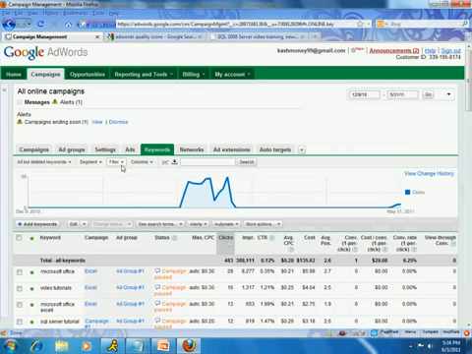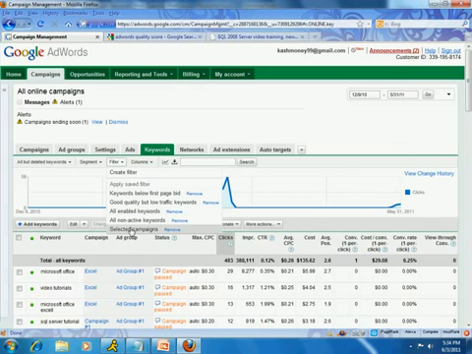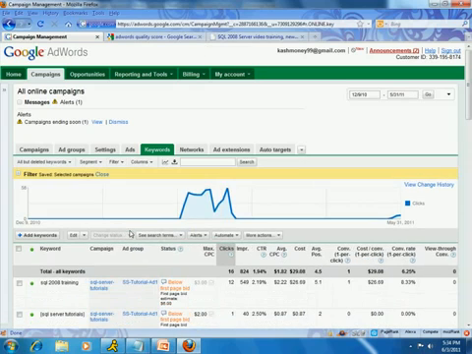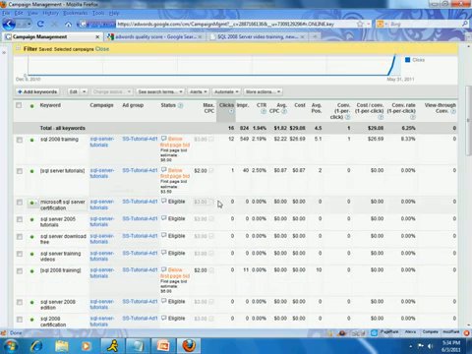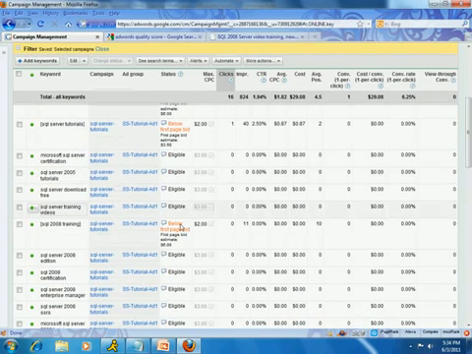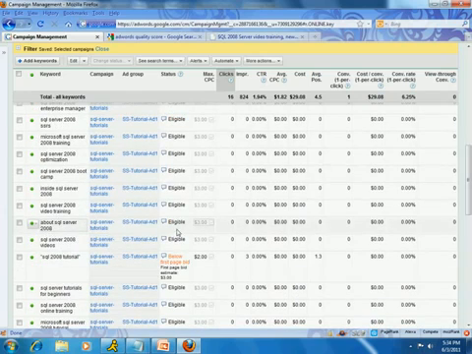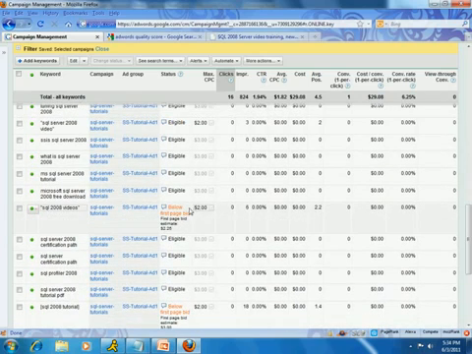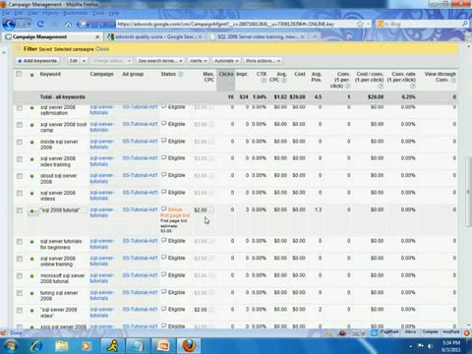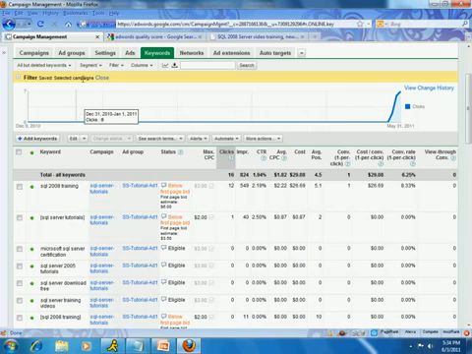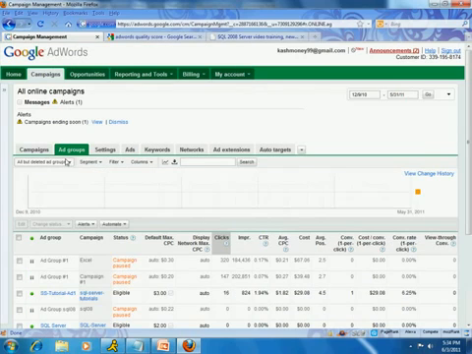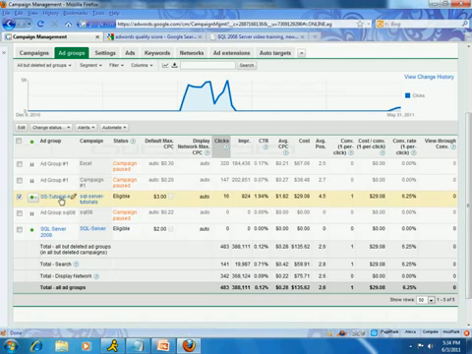In fact, every time I think I do something, it takes me back to my default view. Maybe I need to essentially make this my default, but anyway, so now you'll notice that most of our bids are showing. Some of the higher estimate bids, this one is costing $6, are not showing up. We can leave those alone, which is fine. Somehow it did not change all of these to 3. So let me go back to my ad groups one more time and change this,